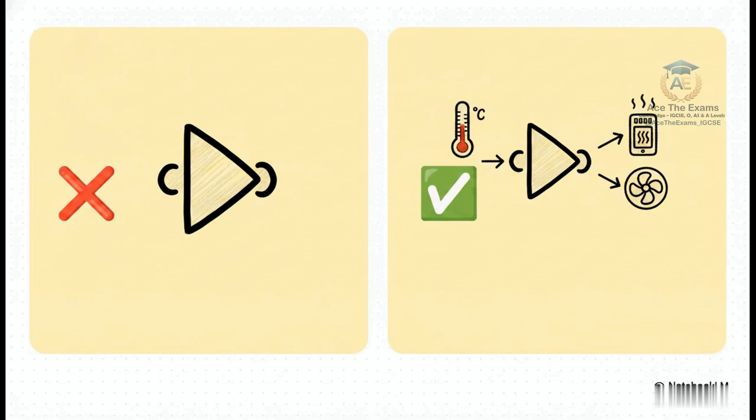Now, the top-tier answer on the right applies the PEAL framework beautifully. It takes the theoretical truth table logic and evaluates it directly against the provided scenario, which in this case might be an automated temperature control system. It meticulously explains the causal relationships. It says, if the temperature drops below the set threshold, which we'll call input 0, and the manual override switch is turned off, which is also input 0, then the NOR gate processes those two zeros and outputs a 1, which physically triggers the heater to turn on. Do you see how powerful that is?